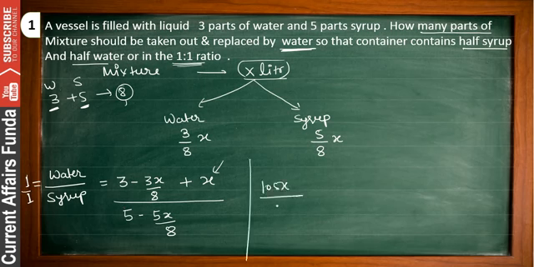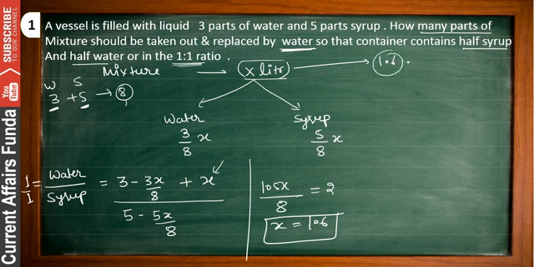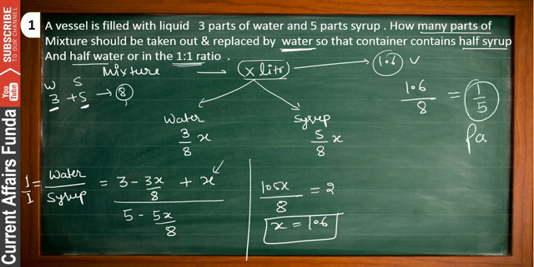Fine. So when you will cross multiply, then you will get here 10x divided by 8, it will be equal to 2. So we can say x will be 8/5, and it will be equal to 1.6. So we can say this quantity is 1.6 here, and when you will divide 1.6 by 8, because total quantity is 8 here, so you will get 1/5 part. That means friends, you just need to take the 1/5 part from here. तो आपको यहाँ से कितना पार्ट निकालना है, 1/5 पार्ट को बाहर निकालना है।